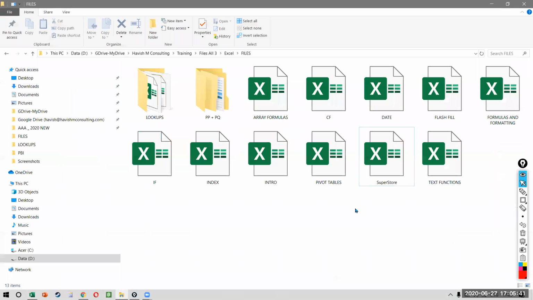I think that's enough for today. I think we've done quite a lot. We have the entire day tomorrow. So tomorrow's agenda is we will start the day fresh with Power Query, because I don't want to leave Power Query for the end of the day when all of you are tired. I want it to be very fresh when you're doing Power Query. So we'll work on Power Query.